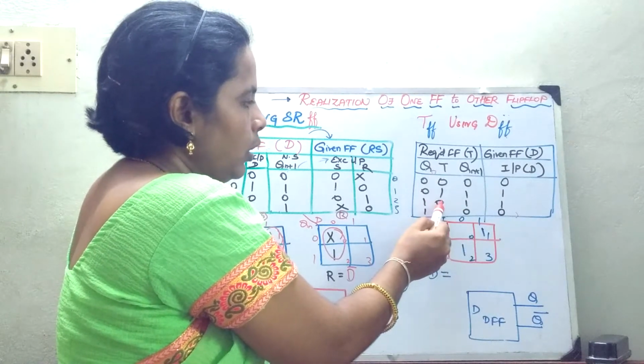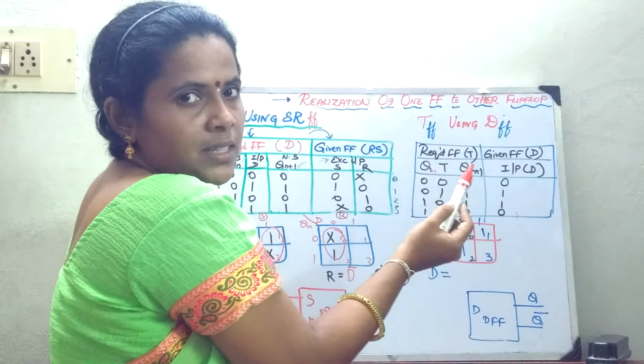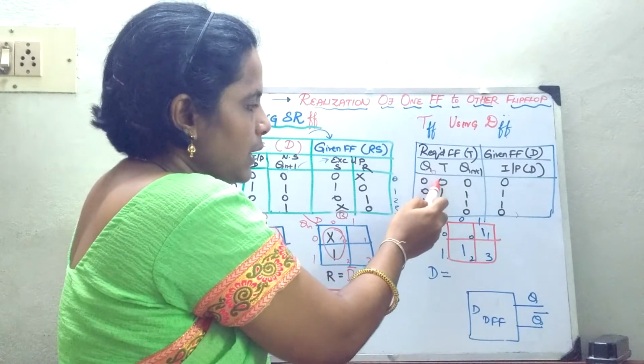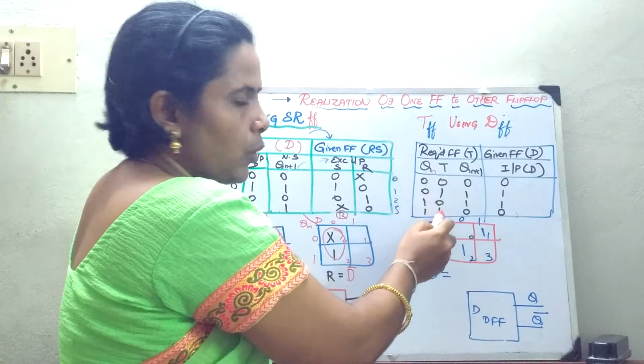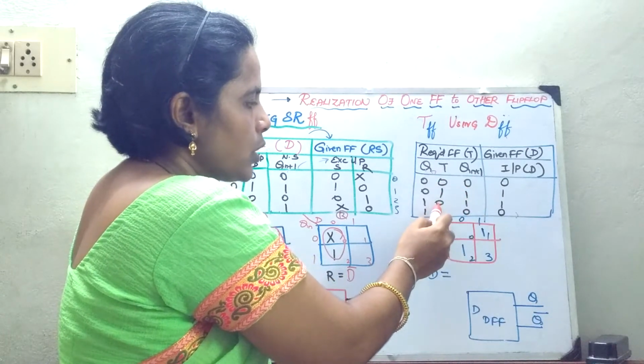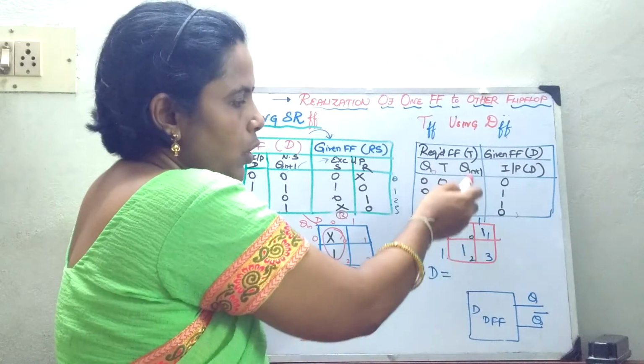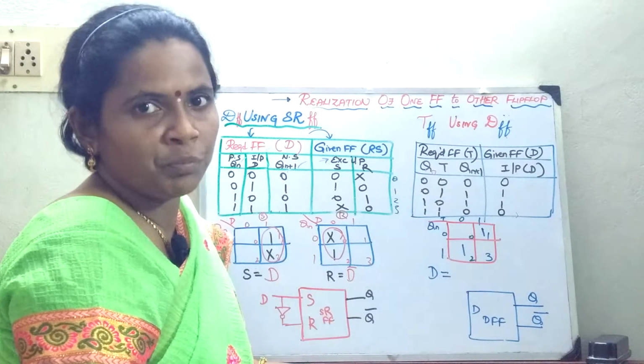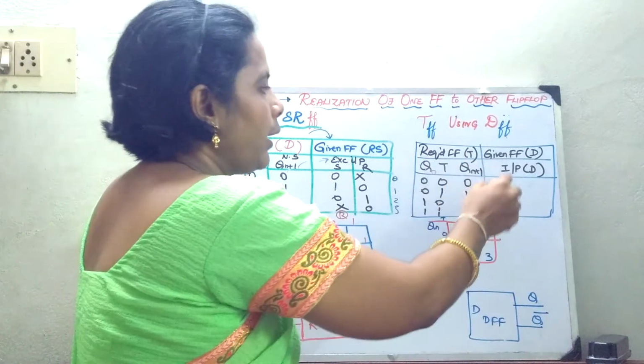When this is 0, you know how to write the next state. So, for this T flip-flop, 0, 1, 0, 1 is there. What will be the next state? 0, 1, 1, 0, because if I give 0 as input, it is retained, and if I give 1, it will change. 1 means 0. So, this we have seen already, right? Now, we will go and write the inputs.